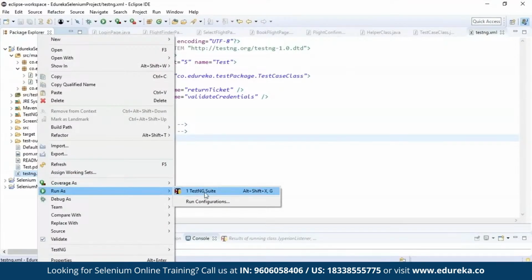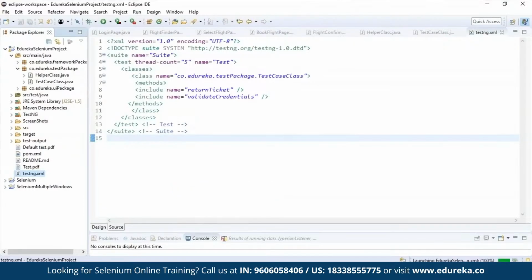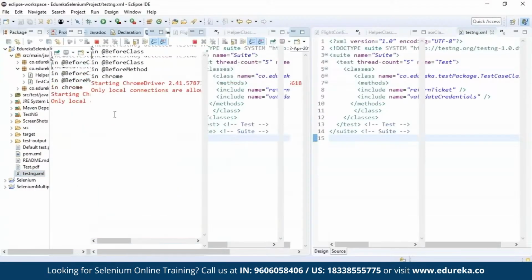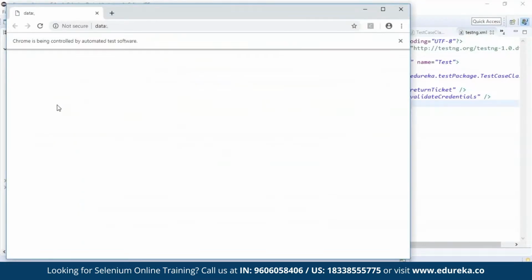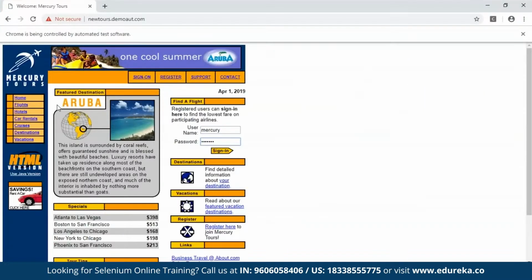So I'll run the SAS TestNG suite. Let's run it and see what happens. You can see here it is executing @BeforeMethod, @AfterMethod, and in Chrome. First it is executing the return ticket test. It detected the version, navigated through the New Tours website, entered the username and password, and hit